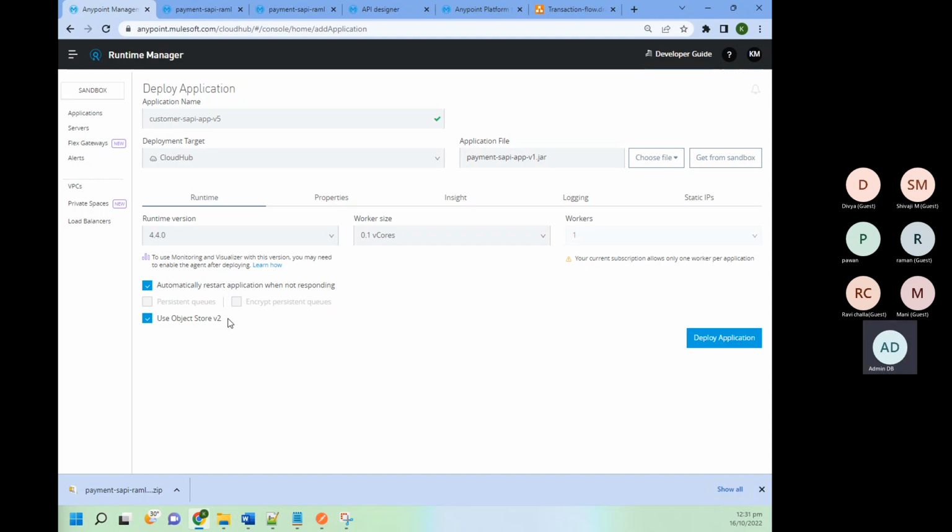First option is automatically restart application when not responding. So if you are making a request and your application is unable to serve that request, what will it do? It will automatically restart your worker. And in MuleSoft, this CloudHub deployment provides zero